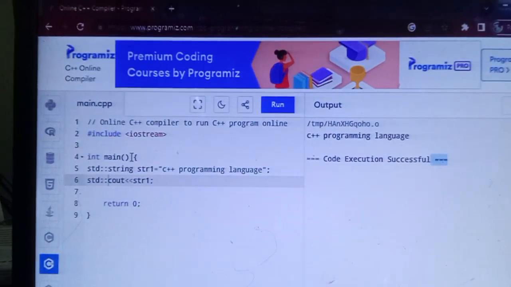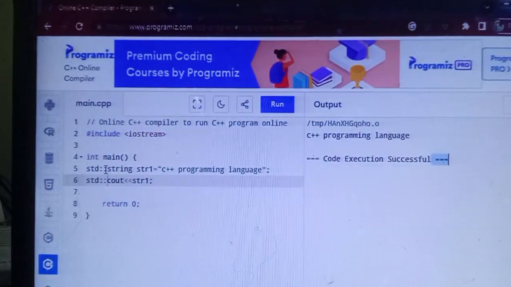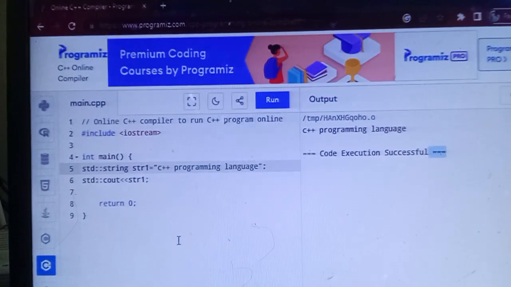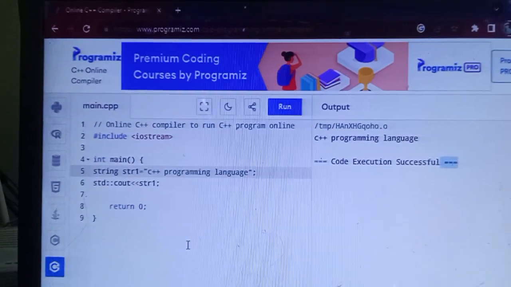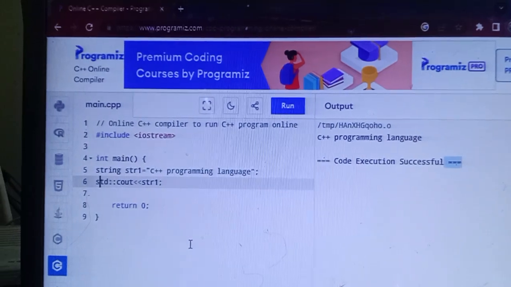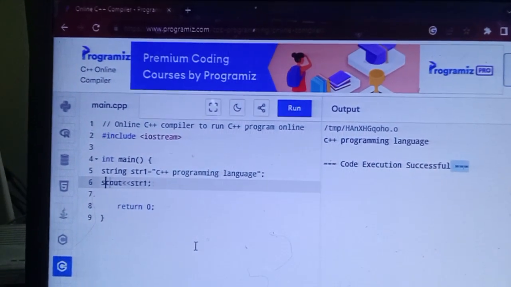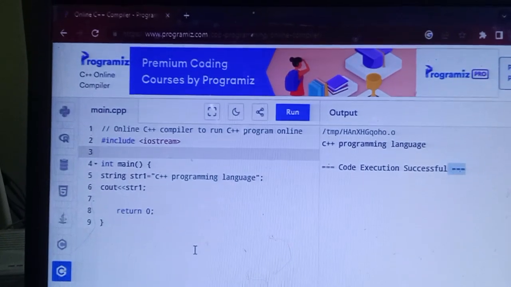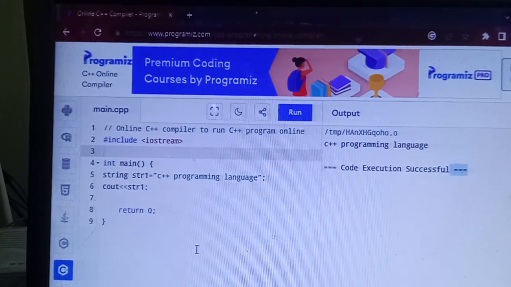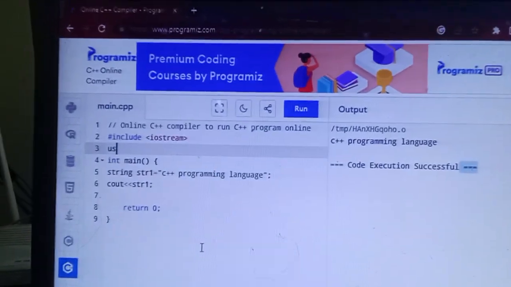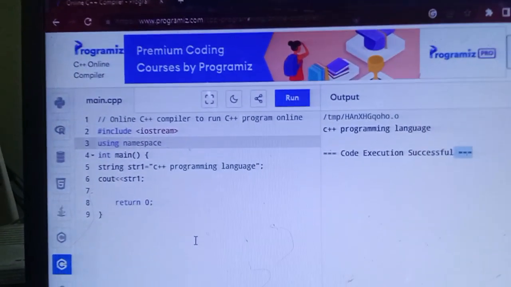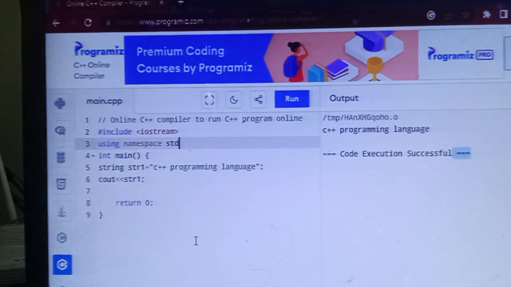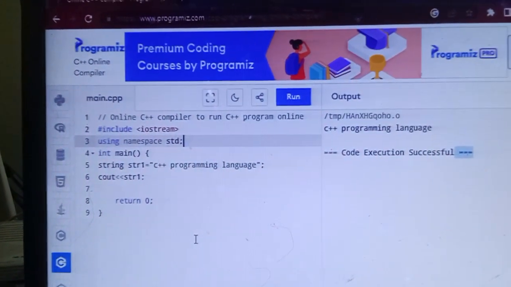Okay, now just remove std and the scope resolution operator. I am deleting std and the scope resolution operator, and here I am writing using namespace std and semicolon.